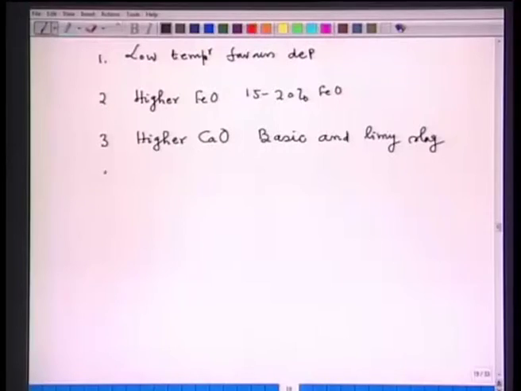Now, I just have to tell a little bit about the condition for simultaneous removal of carbon and phosphorus. Now, you know that from the point of view of steel making, hot metal contains silicon, carbon, manganese, phosphorus. You have also noted that silicon and manganese are removed comparatively very fast. It is only carbon and phosphorus that require a little more time. So, let us see the simultaneous removal of carbon and phosphorus. I will initiate, then you complete it.